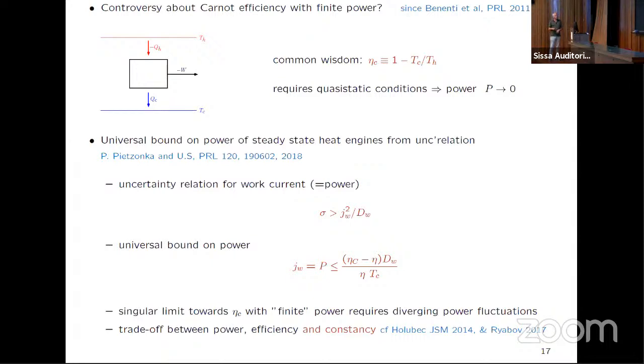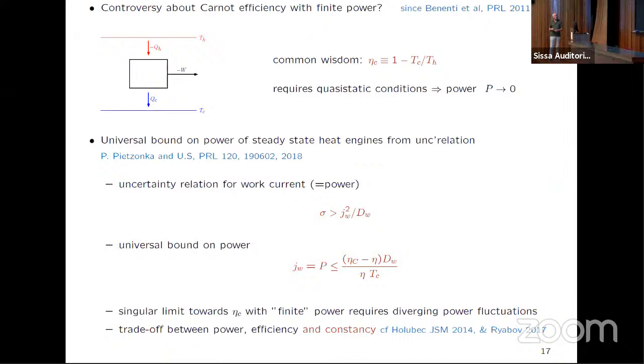And then if you play a little bit around, you find that the power is less than the linear distance of your true efficiency to Carnot efficiency. So if you just look at the round bracket here, you would say that power has to vanish universally, at least linearly, as you approach Carnot efficiency. However, there is this amplitude dW, which are the fluctuations in the power, the corresponding diffusion coefficient. So you see that if these fluctuations blow up, there is in principle the chance that you reach a finite limit. And that explains many of these case studies which have been invented.